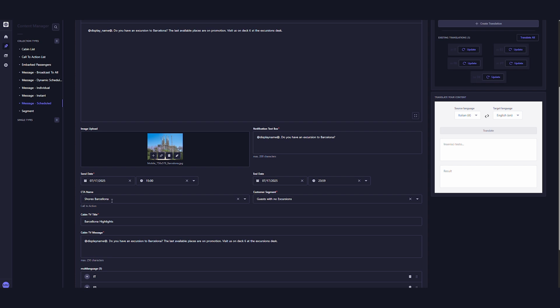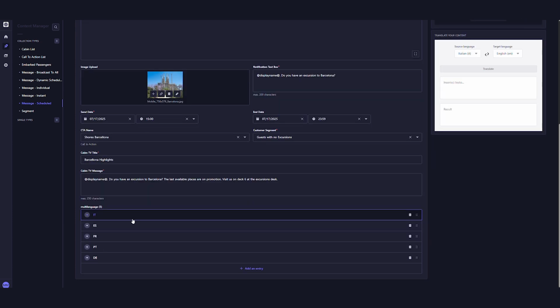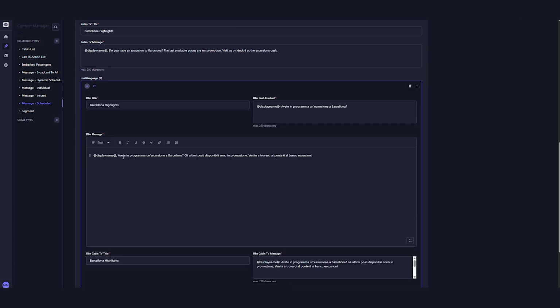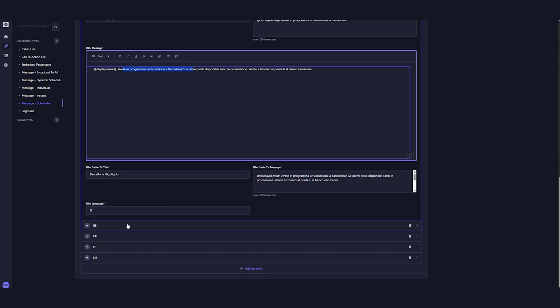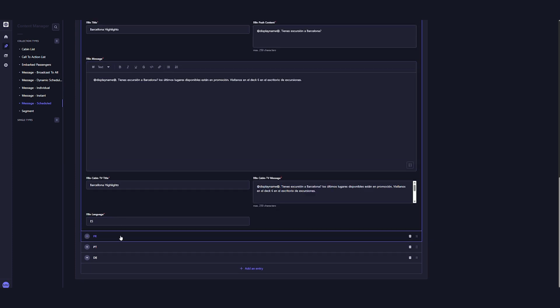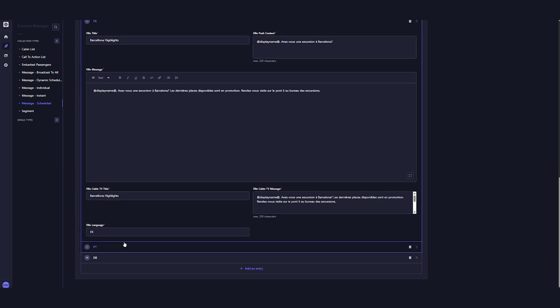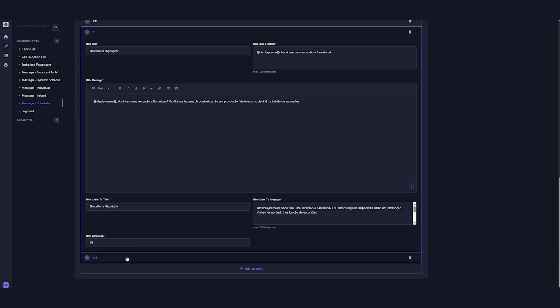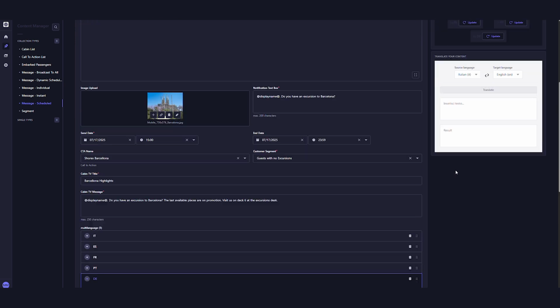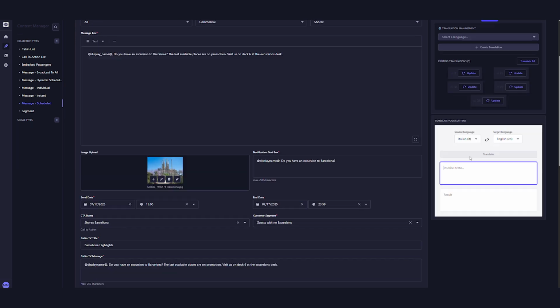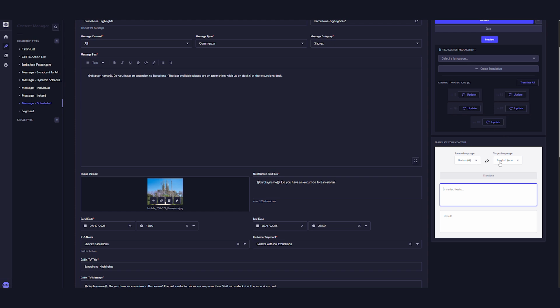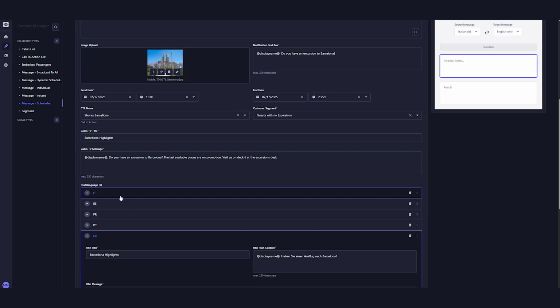During the creation of the notification, the Multimedia Manager will fill in the appropriate call to action to allow users to land on the shore excursion promotional page. The Translate button enables automatic translation of messages dispatched on board. This feature supports translations into multiple languages depending on those managed on the ship. The translation feature ensures that guests receive the message in their preferred language, as set in the mobile app, with English as the default language in case their preference is not set.